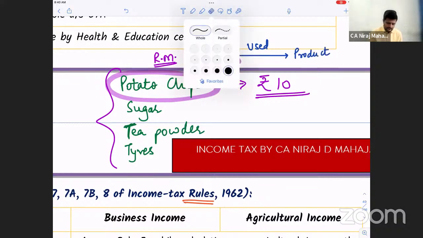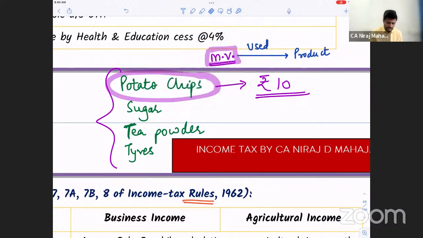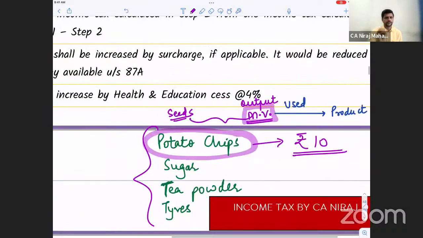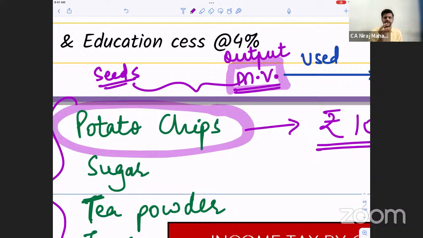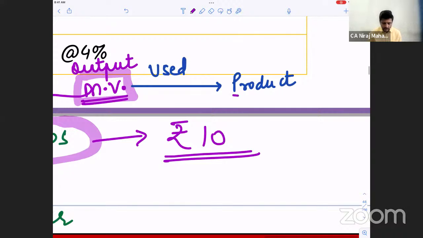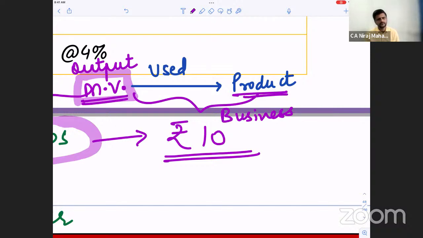So basically, when you started the process of farming, from the starting of the tilling of the land, putting the seeds, taking care of everything, yes, everybody, till the output, this is completely agri. Yes. And after the agricultural produce is removed, from there till the final product, this, bacho, has to be your business income. Agree till here? This is the logic or no? This is the logic. Clear till here, all of you?